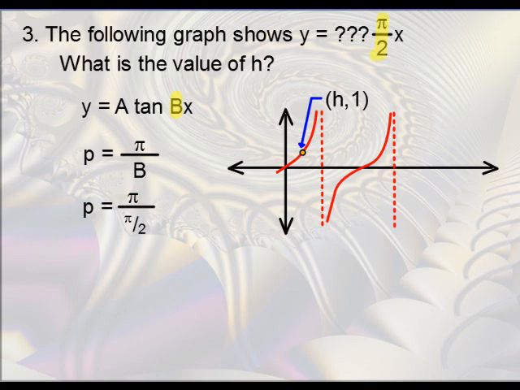Recall that if you're dividing by a fraction, you flip it over and then multiply by that reciprocal. So it's pi times 2 over pi. These go away, and you get 2. Keep in mind that the fundamental period